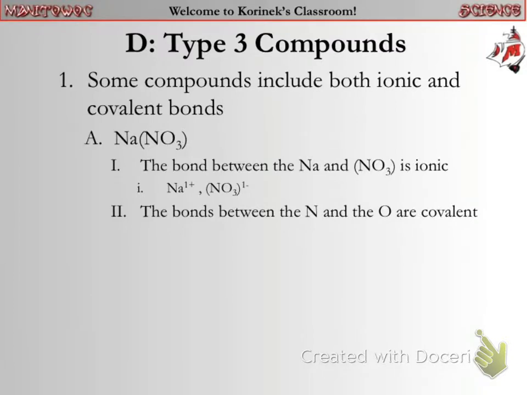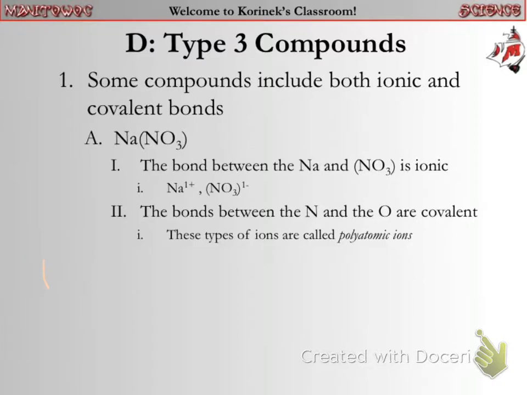But the bonds between the N and the O are covalent. Now, right now we are not going to concern ourselves with how the N is bonded to the O. That comes a little bit later. But these types of ions, when you've got more than 1 atom in the ion, have a special name. They're called polyatomic ions. That means many atoms per ion, polyatomic. And there is a Quizlet posted on Edmodo that has the 22 polyatomic ions that you have to know by heart for this class. Just to give you an idea of how they work though, if you have something like